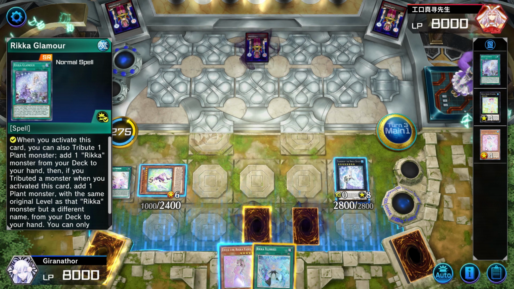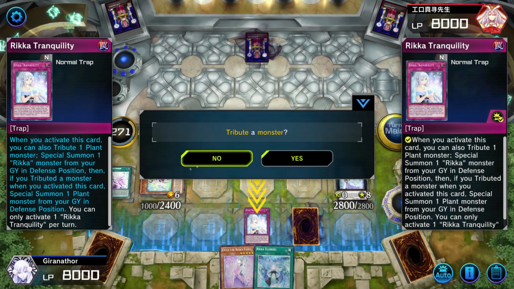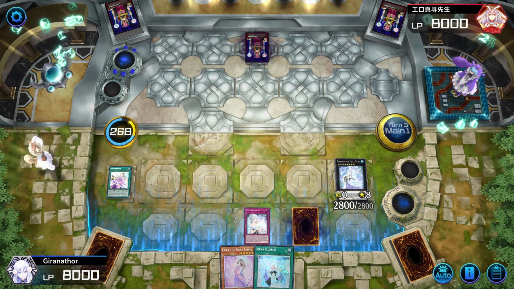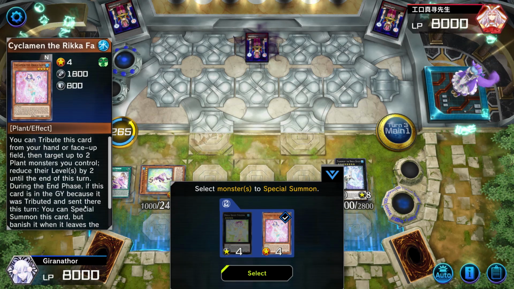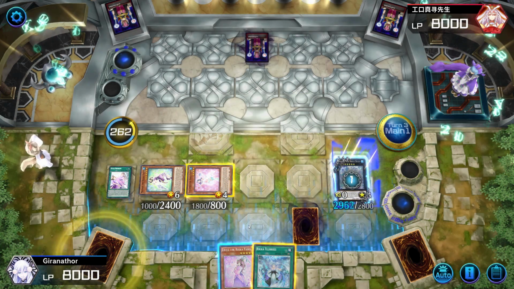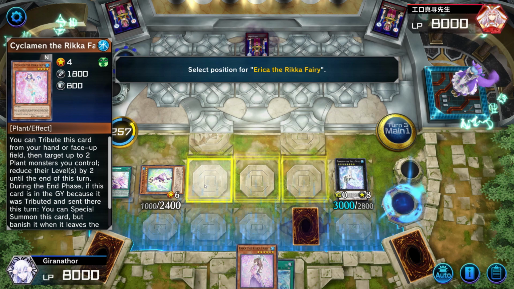is Tranquility to special summon. Yeah, I'm gonna Tranquility, tributing the Mudan, to then special summon the Mudan, and because it was tributed, the Cyclamen. I will then tribute summon the Erika,